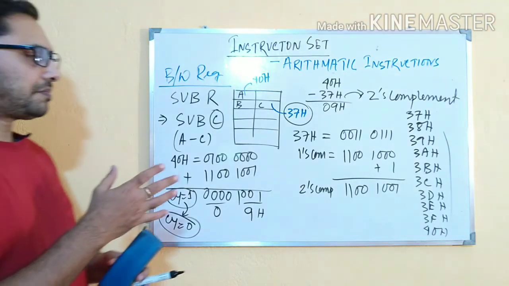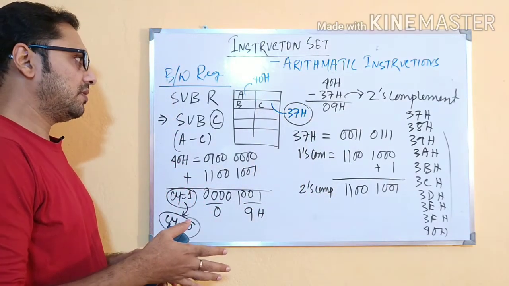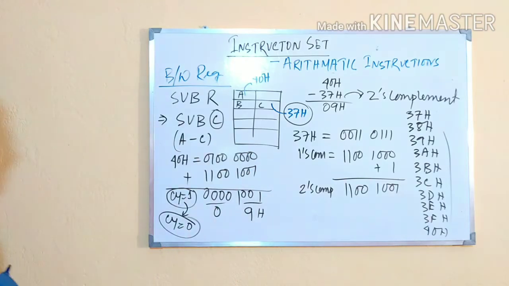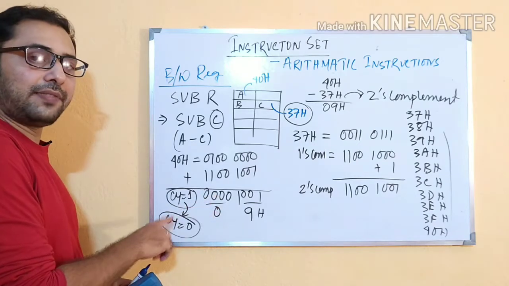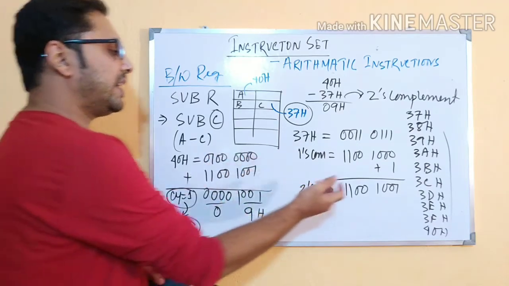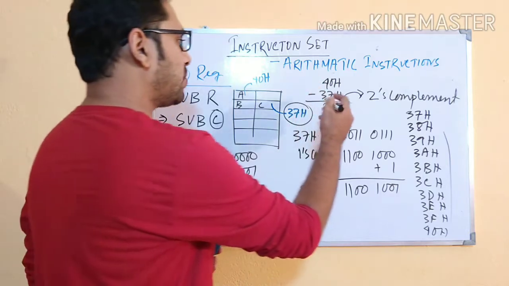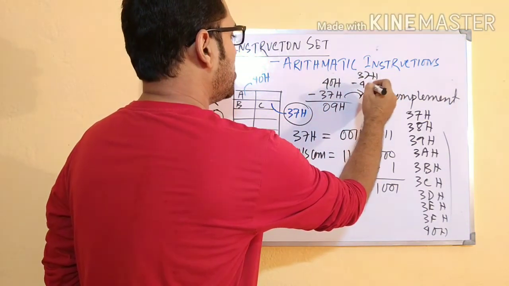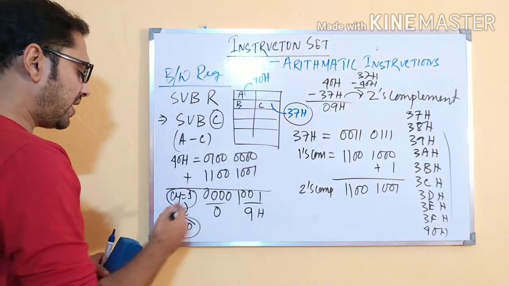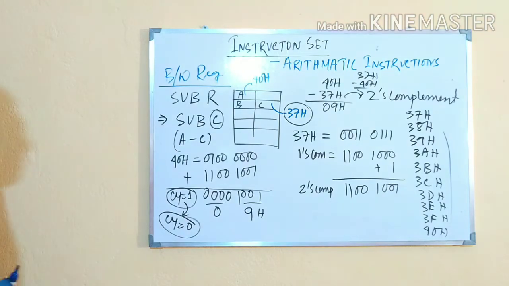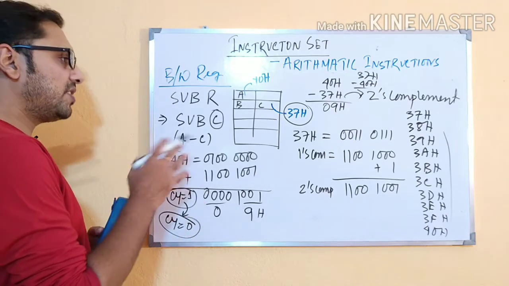So that is the procedure to perform subtraction by using 8085. Now after subtraction, if we find the carry flag becomes 1, that means the result you are getting here is a negative value. So you can check that one. If we perform the reverse one, that is 37 hex minus 40 hex, then what will be the result? The result will be totally different and the carry flag will be 1. You can check it by yourself. Okay, so that is the subtraction between registers.